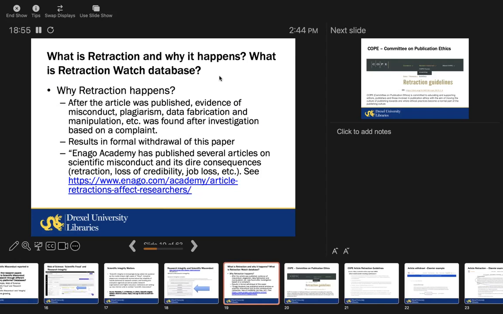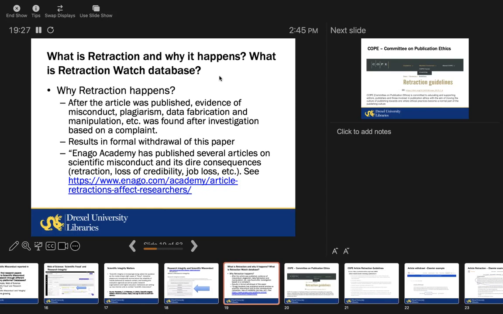In today's world, what is happening is you have alerting mechanisms. So every researcher who publishes a paper creates an alert. So every time their paper gets cited or a similar topic comes up, they're going to see it. So you probably came across my paper and you saw that I have copied your data or plagiarized your paper, fabricated it. So you get upset. Then you contact the editors of those journals and complain about it. Then the whole investigation process starts.